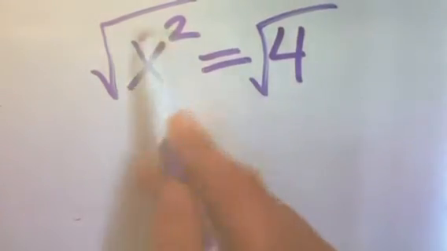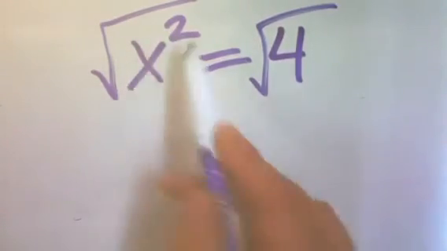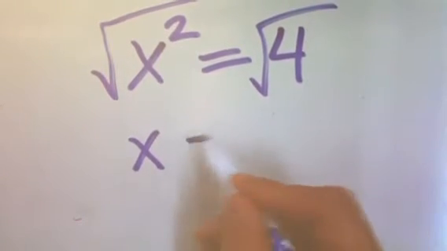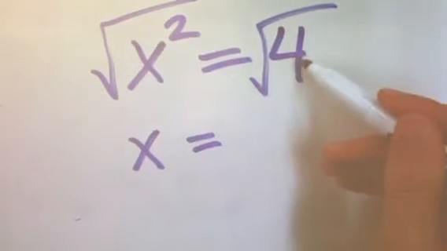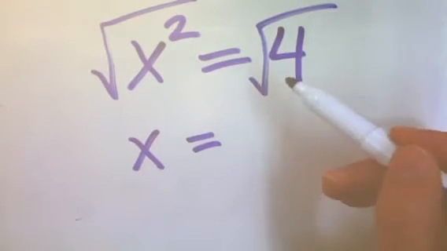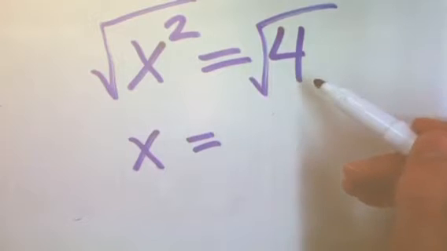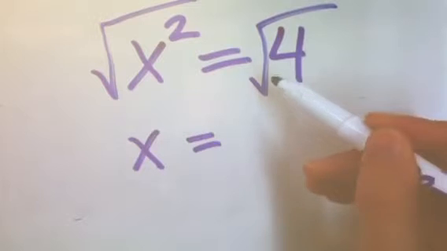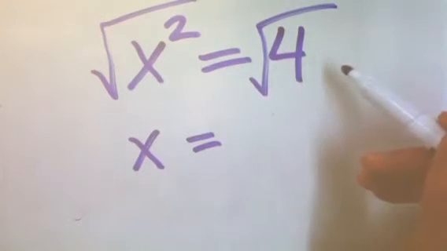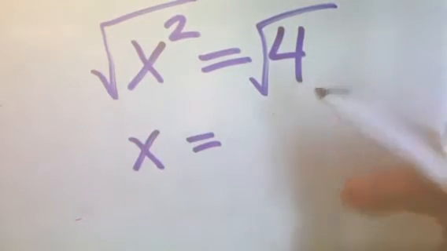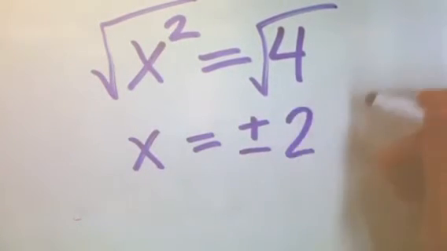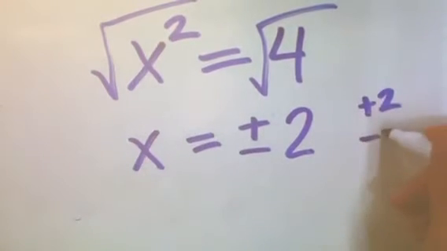Square root means what times itself is x squared? X, which is what we're trying to solve for, what we're trying to get by itself. And then what times itself is 4? There are two possible solutions here. When you take the square root in an equation, you need to consider both the positive solution and the negative solution, so we write that with plus or minus 2, meaning positive 2 is a solution, negative 2 is